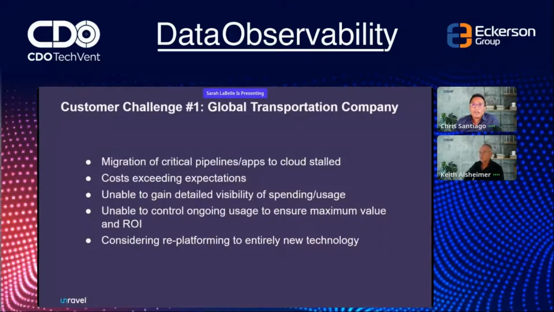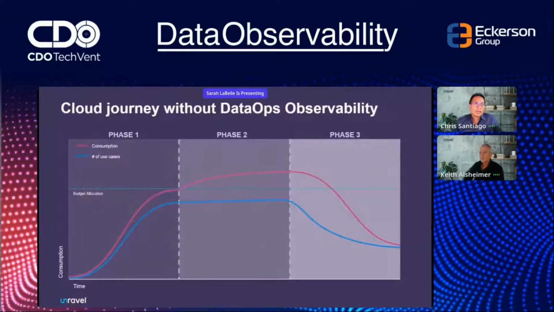And so I'll walk you through a typical cloud journey with customers just like this large logistical company when they don't have a data observability platform. Phase 1 is what I like to call the new platform excitement, right? Where maybe we've done a small use case or 2 or 3, and it looks like the price is looking good. The performance is there. And so we start to see customers onboarding more and more workloads